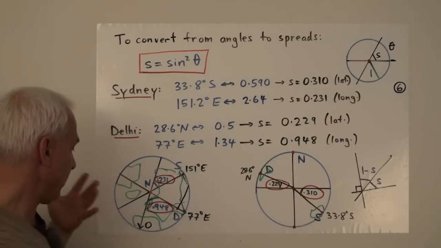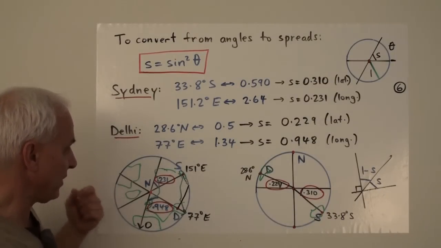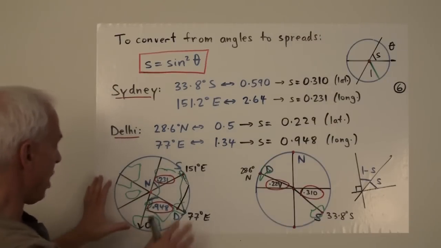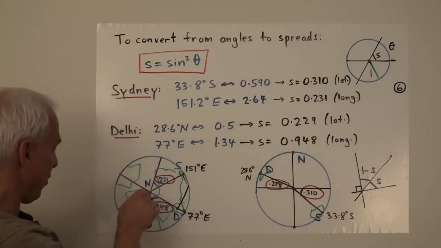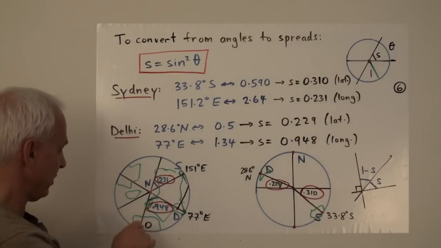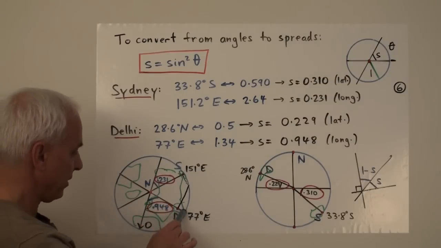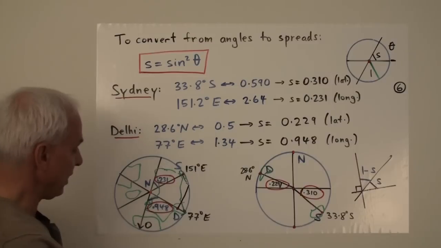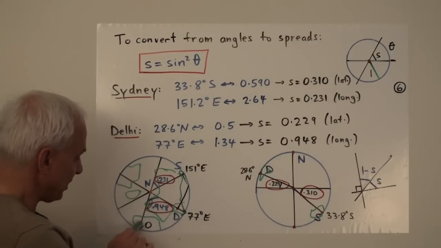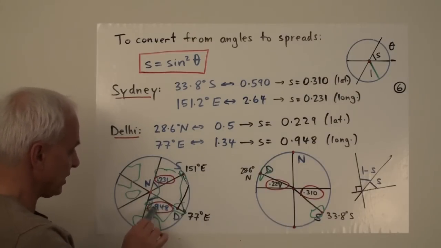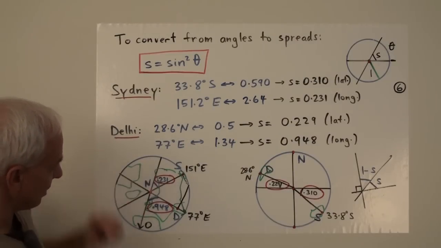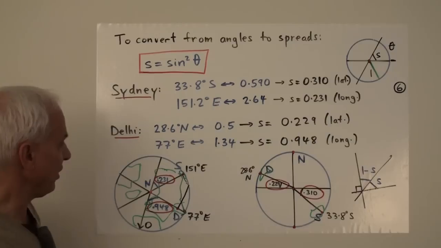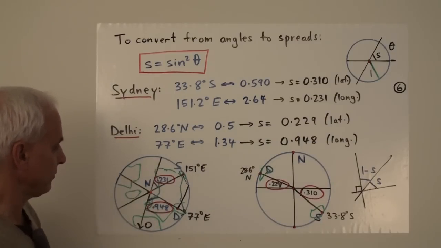Okay, so how should we think about that in terms of where these things are? So here's again our top view of the world. And here is the North Pole, 0 line Greenwich. That's supposed to be Africa. There's Greenland, North America. There's Asia. There's India there. And so the spread from the 0 line at Greenwich to the line through Delhi is 0.948. It means it's getting close to 90 degrees, but not that close yet.